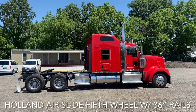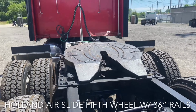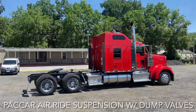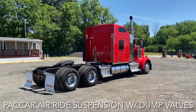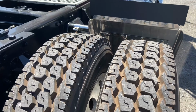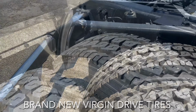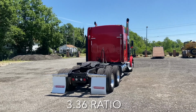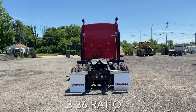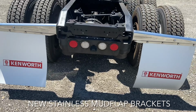Holland air slide fifth wheel with 36-inch rails, Paccar air ride suspension with dump valves, brand new Vigin drive tires, .336 ratio, new stainless mudflap brackets,